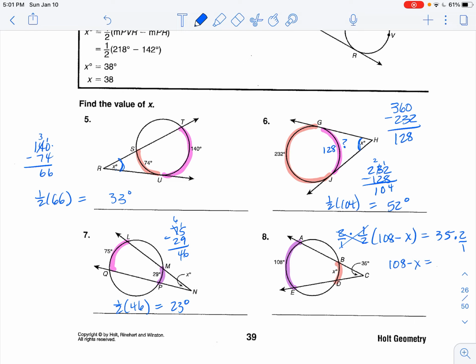On the left side, that'll cancel the 1/2, so I have 108 minus x, and 35 times 2 is 70. If I subtract 108, let's see, 108 minus 70, that's going to give me negative 38. So negative x is equal to negative 38. If I divide both sides by a negative, x